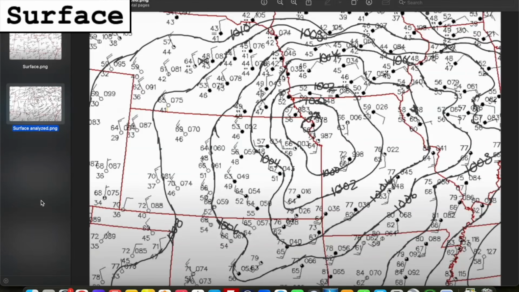So the first thing that we want to identify is where our surface low is located. And basically that's going to be at the center of the lowest pressure contour. So it would be somewhere right in here as analyzed on this map. Now, if you don't have time to do a full surface analysis, if you are just giving a quick glance